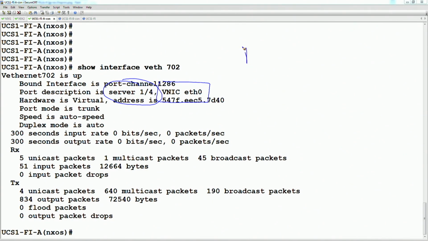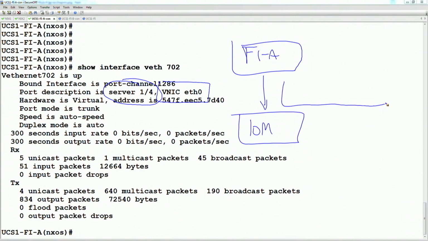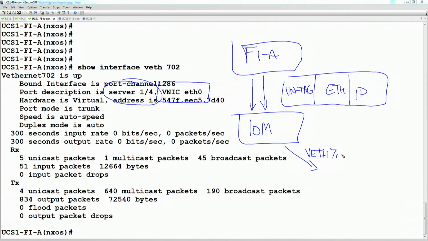So now as we go from the Fabric Interconnect A southbound to the I/O module, we're going to take our entire Ethernet frame. Okay, Ethernet is going to have our IP packet inside of it, like a ping, and then we're going to put this inside a VN-Tag. So the VN-Tag frame goes down to the I/O module. The I/O module looks at the destination virtual interface and figures out, hey, that's actually Virtual Ethernet 702 that I need to forward down to chassis 1, slot number 4,